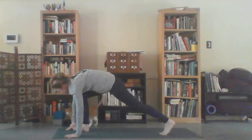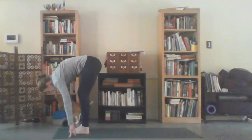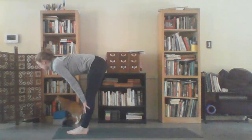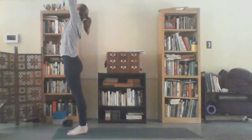Exhale, right foot steps forward. Inhale, raise the arms to either side of the ears or the knee. Exhale, hands return, left foot steps forward to meet the right. Inhale, hands to the shins, lift halfway. Exhale, refold. Then inhale, arms rise. Exhale, hands return. Okay. We're going to take the other side, and then we'll do it one last time, adding on just a little bit,